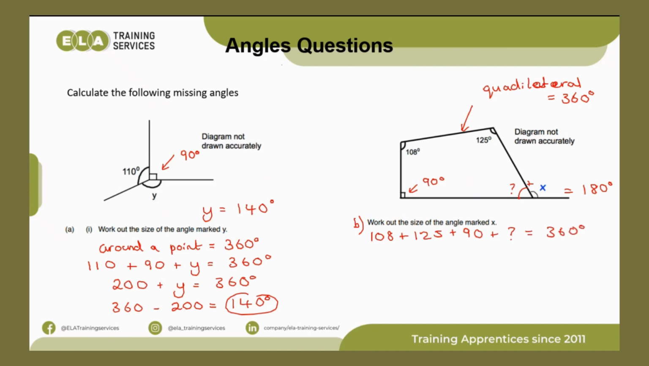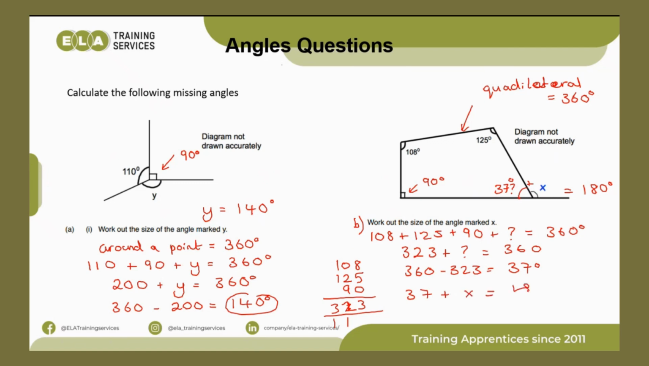So 108, 125, 90, so let's add all those up. 8 and 5 is 13. 9 and 2 is 11. It's 12. Is 323. So we've got 323 add our question mark equals 360. So we're going to take away 323 from 360, which leaves us with 37 degrees. So we know that this one is now 37 degrees, and we know 37 plus x